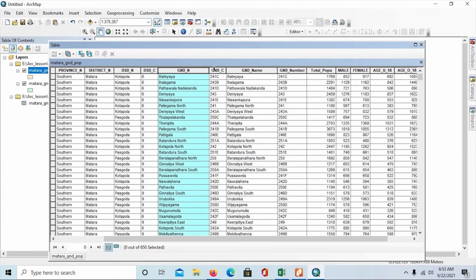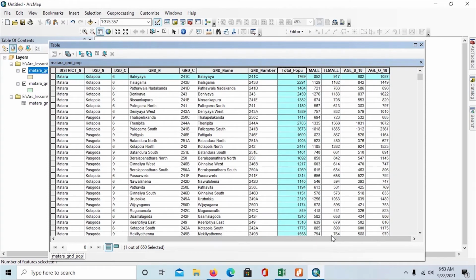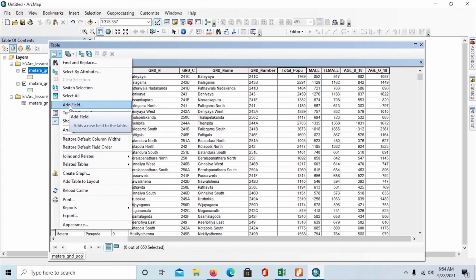Here also the GND name, this one is the same as this one, so it is properly joined with our field. So then here I have population, total population. I will calculate the area for this population table. For that I need to just clear these selections. I need to add a new field, table options, add field,